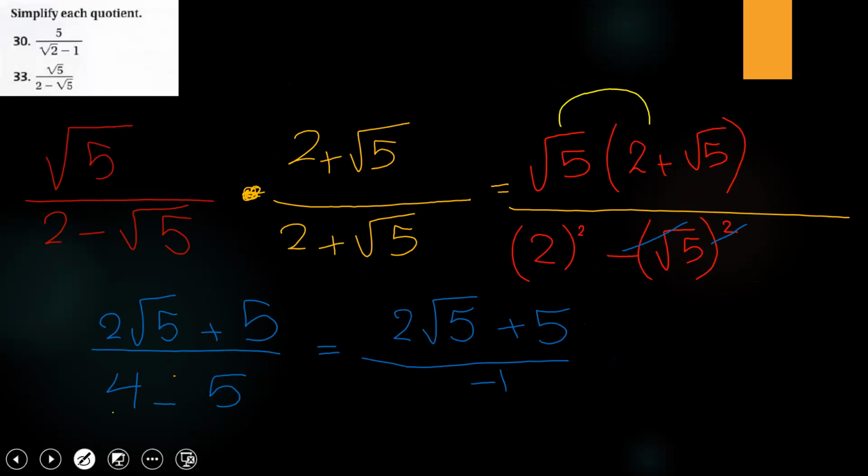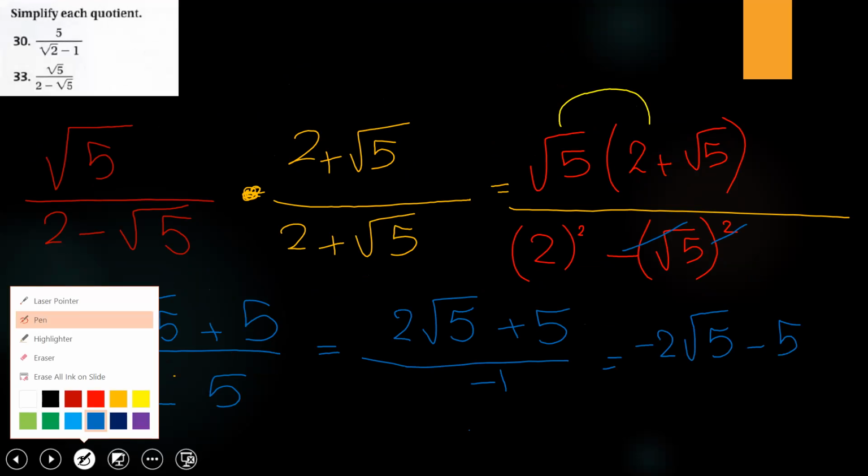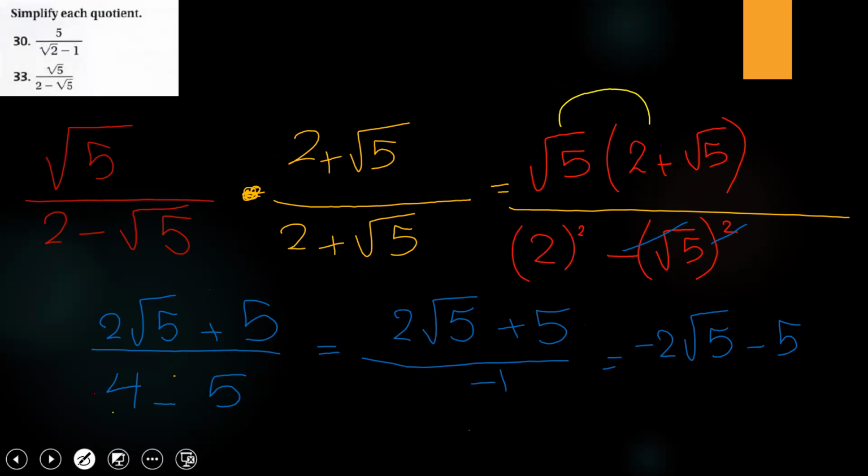We can write them here as... let's change the signs. It will be negative 2 square root of 5 minus 5. Since they are divided by negative 1, you have to distribute